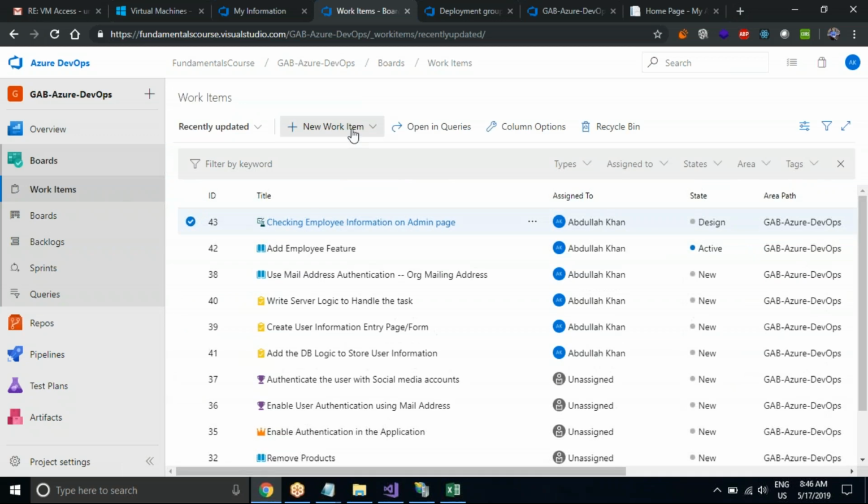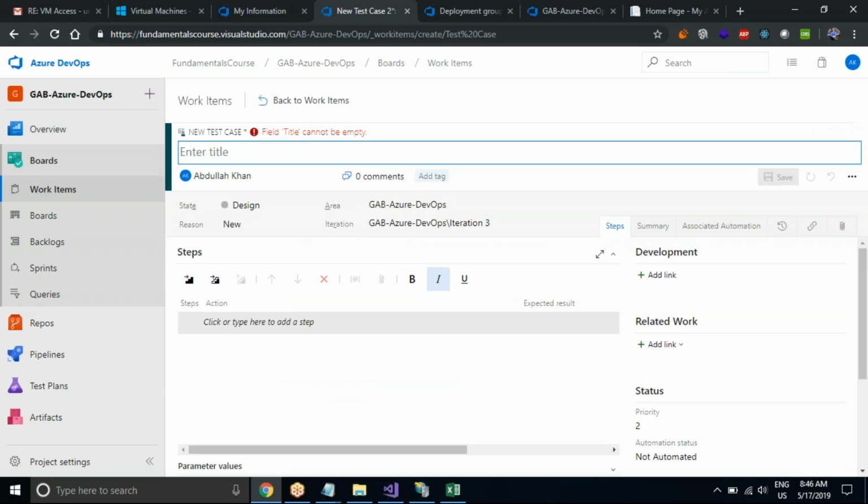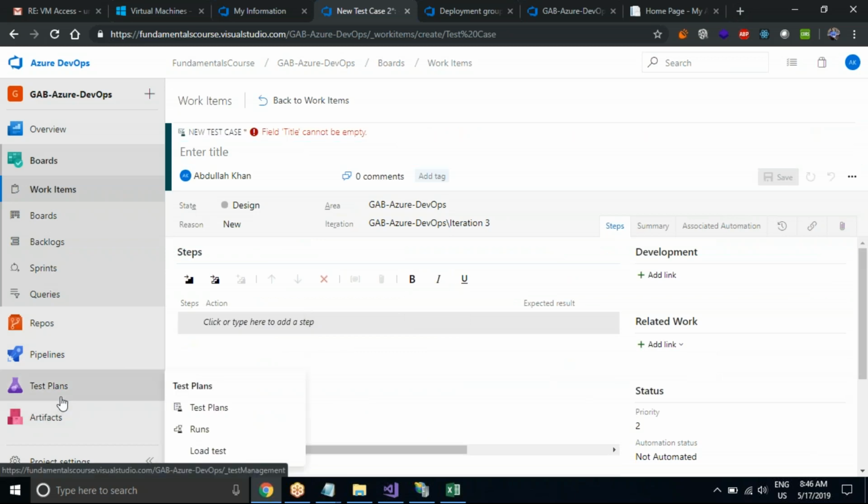How I, as a manual test case developer, will go ahead and write the test case. That is what we have discussed. So that's pretty much about what I wanted to discuss today. We will explore test plans tomorrow, of what are the test plans and what is